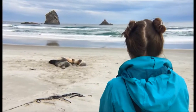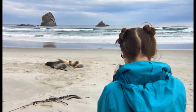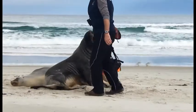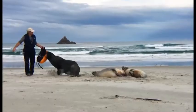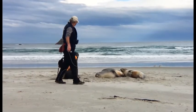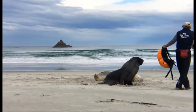While the public are legally required to stay at least 10 metres away from wildlife such as sea lions, the New Zealand Sea Lion Trust have a permit from DOC to get closer so as to read their tags. However, this is not always a safe activity. Here Steve Broney attempts to read the identity tag of a light grey-coloured female, while a larger dark-coloured male shows